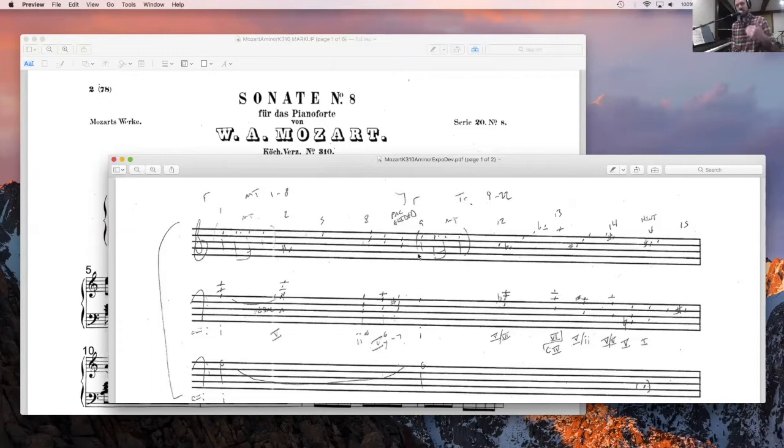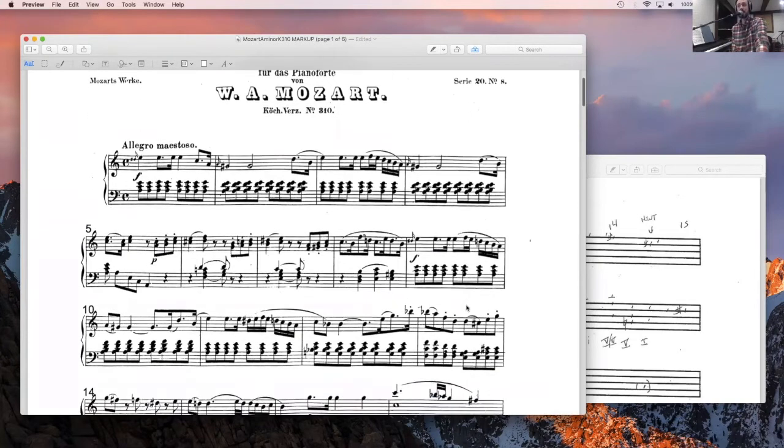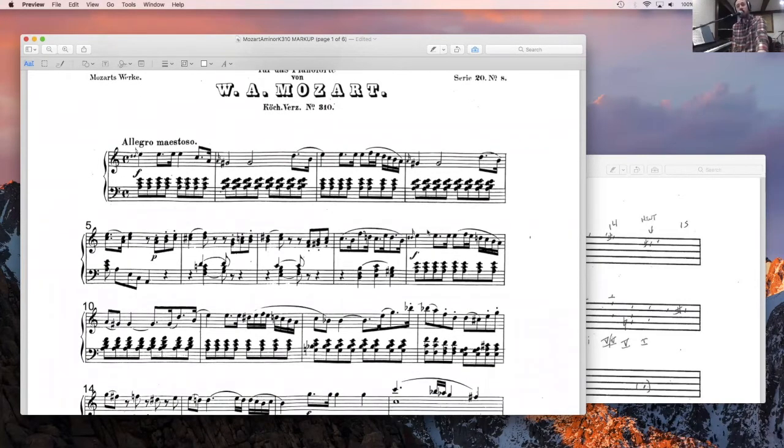So when you're listening for a cadence to end the main theme, you can also use a repeat of the main theme melody or the basic idea as a good indicator of where the transition begins. So it's easy to look at this and hear, oh, look, here comes our main theme again in measure 9. We must still be in the main theme area. But that's the repeat of the basic idea, the repeat of the main theme melody at the start of the transition. And one way you can tell that it's not the main theme anymore is that if we were to compare measure by measure, here's measure 1 to measure 9,